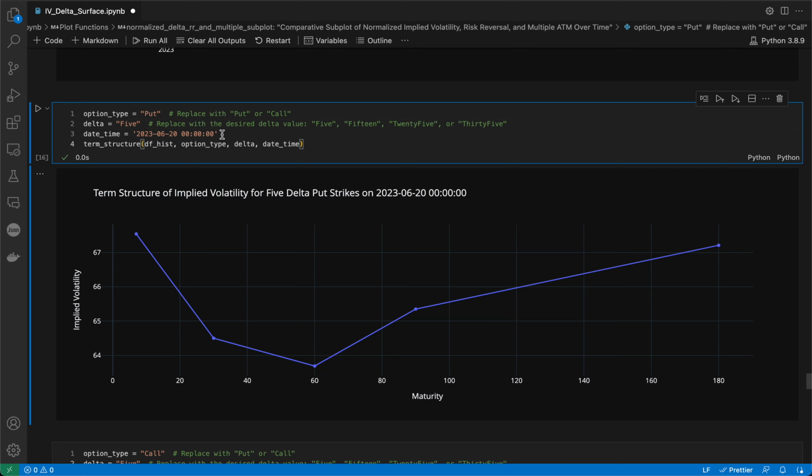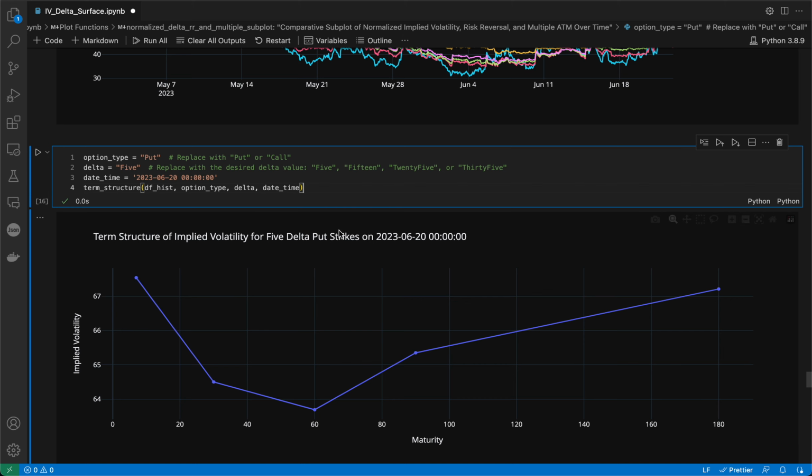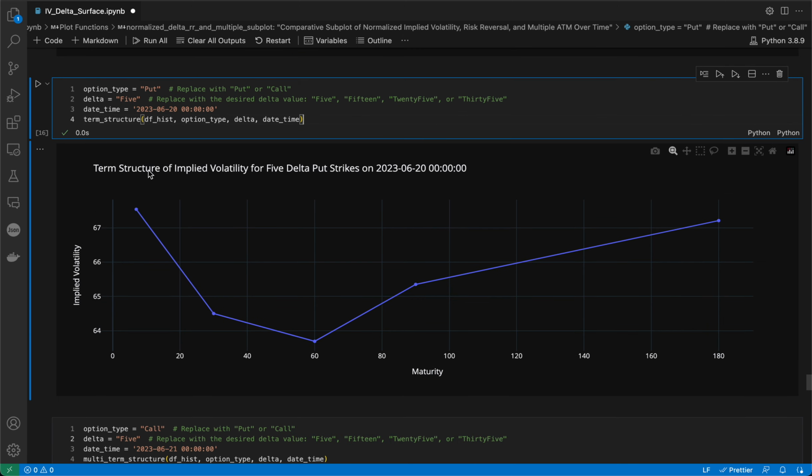And of course, this is the limitation I mentioned earlier. You have to specify a specific date time in the past that is only one unique moment in time that you can see what the implied volatility is pricing for the given maturities in the future. And of course, you can do this on a live basis as well. But in regards to historical data, it's quite limiting when you want to look at a historical comparison. Hence the reason it's just good for an overall current market